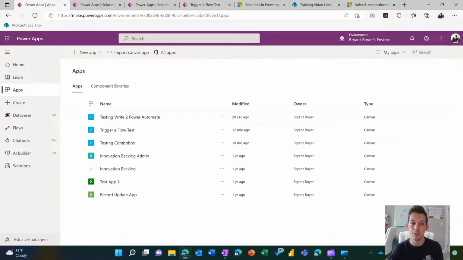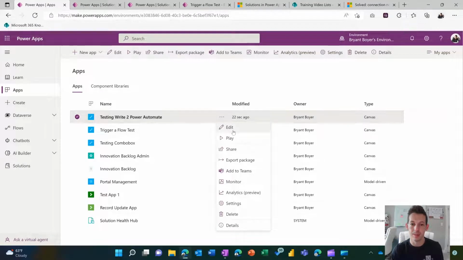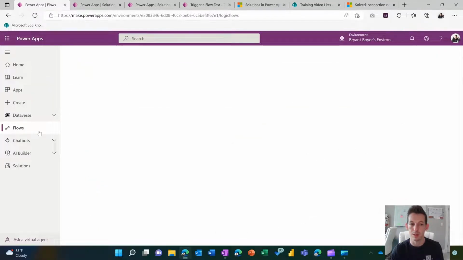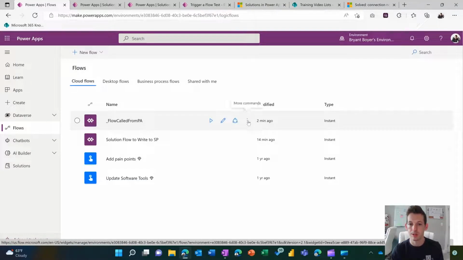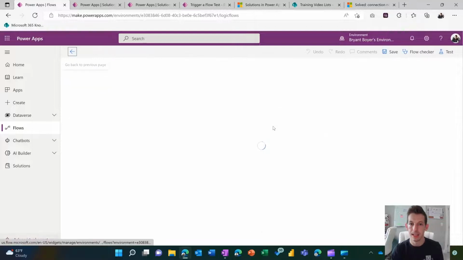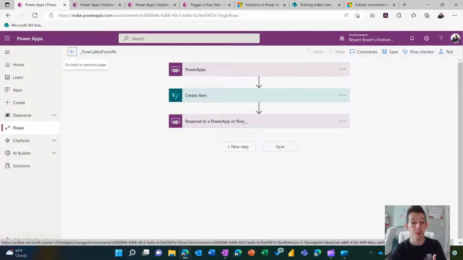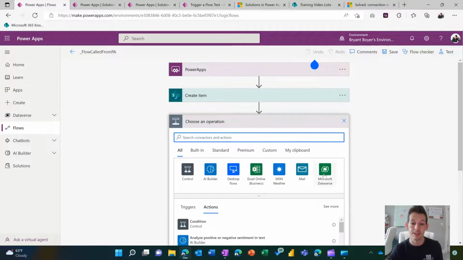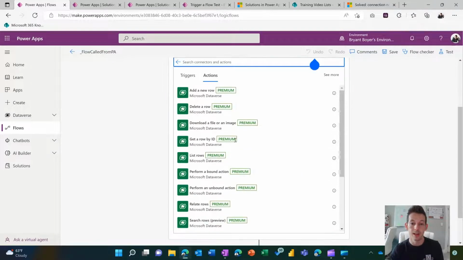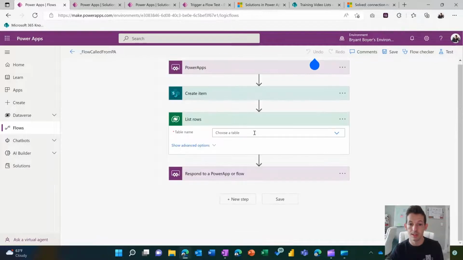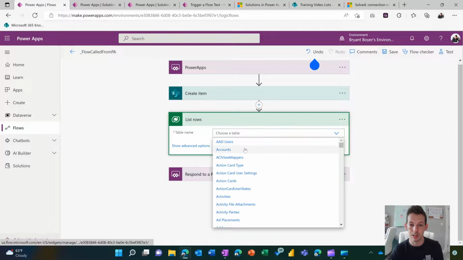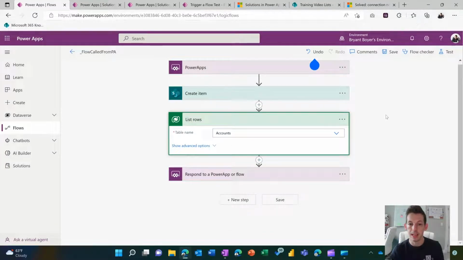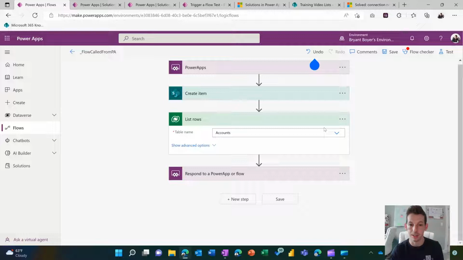However, if I were to open this app up in edit mode, actually, we can probably just do the flow itself. So if I open up the flow, and this is the flow we created, and I edit it, and we add in a premium connector to the flow. So note that our Power App is just on top of SharePoint. Nothing premium there. But if I come here and add a premium step in here, let's say a Microsoft Dataverse step, where we list rows. Let's choose just a table, the accounts table. Since Dataverse is a premium action,